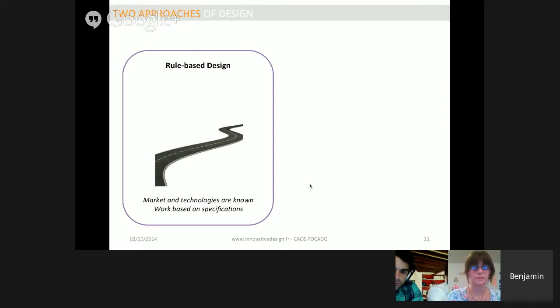Okay, so basically it leads us to say that we are facing two different approaches of design in a company today. The first one being what we call rule-based design, where the market and the technologies are pretty well known, and where all the work of the people designing objects can be based on specifications for an object that's well known, that we will try to deliver as quickly and as efficiently in terms of quality, cost, and delay as possible. And even though rule-based design represents something like 95 or 99% of the day-to-day company job, it has